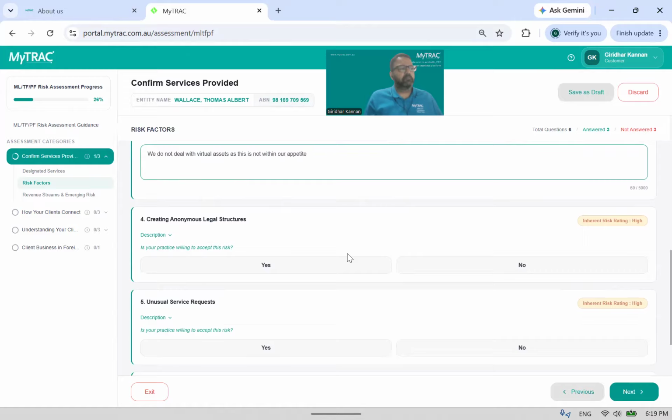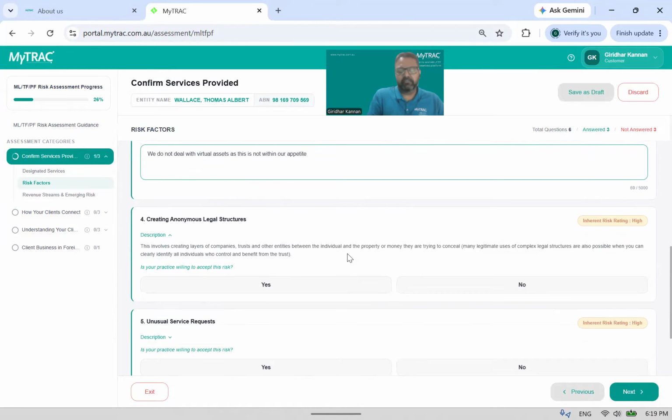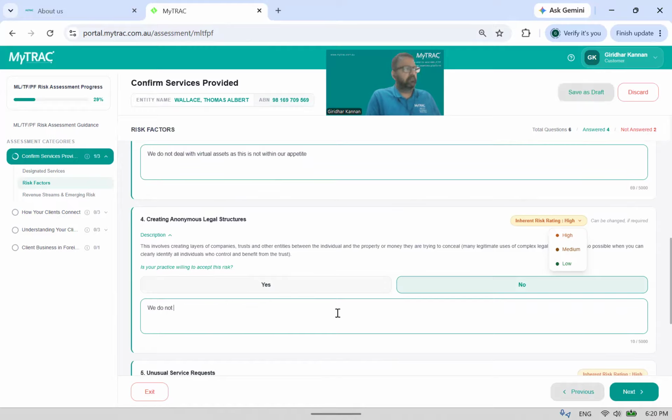Anonymous legal structure. What this means is we all as a profession create those legal structures, but we need to quickly understand what's the level of structure or layers being created. If it is going to be very anonymous or difficult, would you do that? You can say yes, or you can say no. For everything that you do, there is an inherent risk rating that is already predefined. If you wish, you can change it, but I suggest not, because these are the guidelines from AUSTRAC. So if you don't do that, I'm going to just say that we do not create legal structures